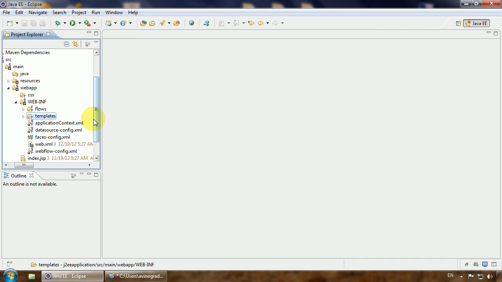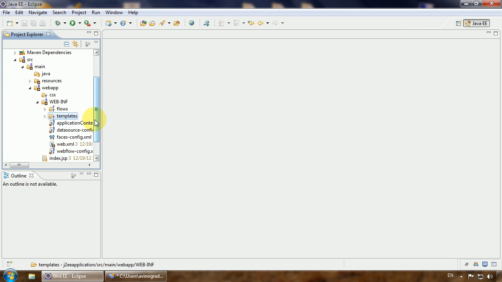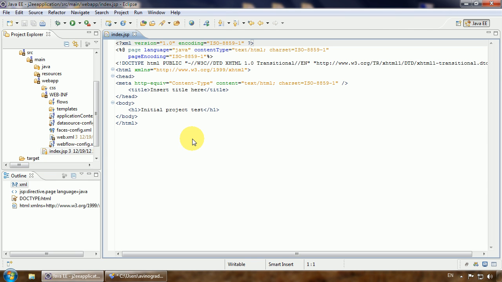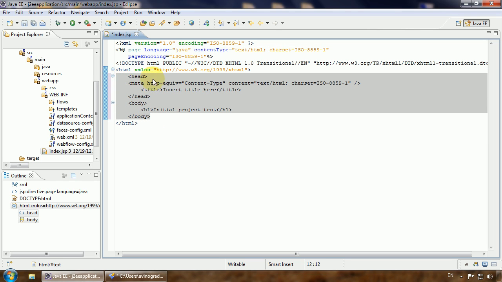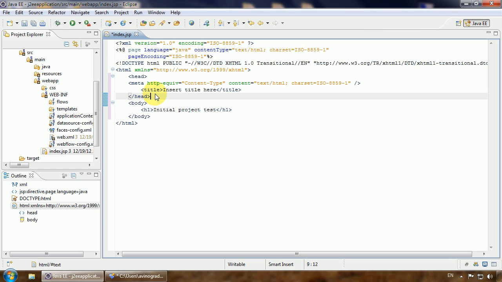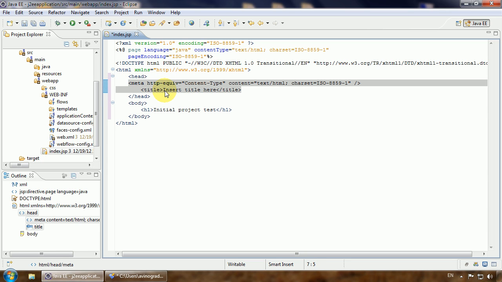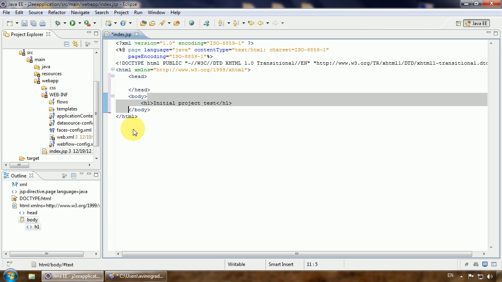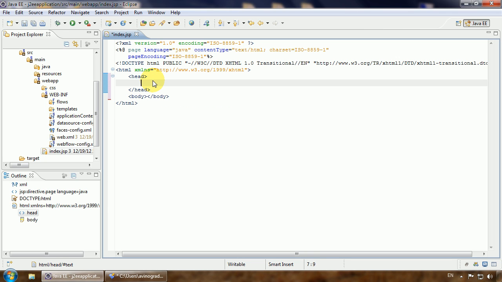We can close now these two views. And yet another thing we were required to do is make the GSP page redirect to our flow, which is created with some views inside and templates. Let's open it and find the head tag, body head, and delete all that stuff inside. Leave body empty, and here we type in